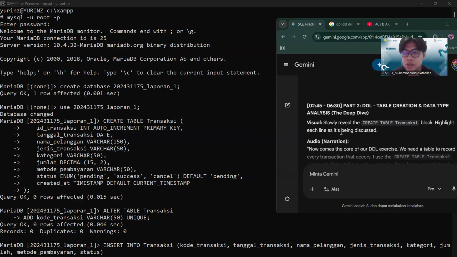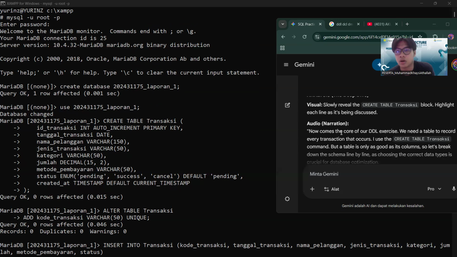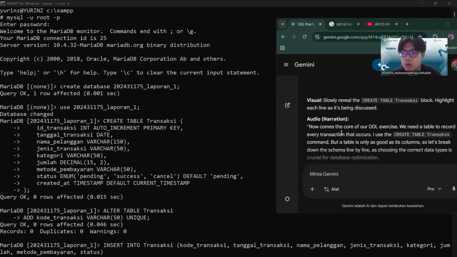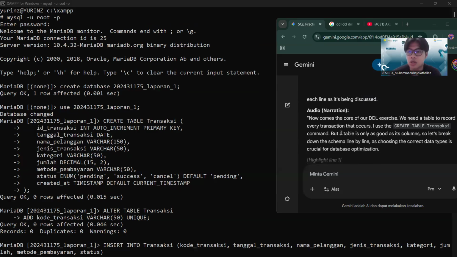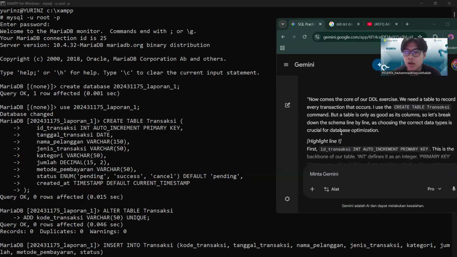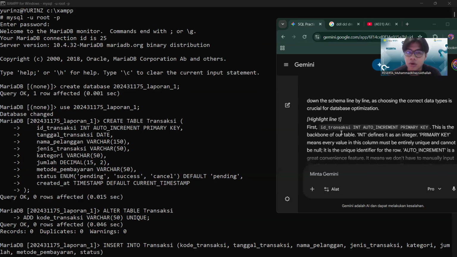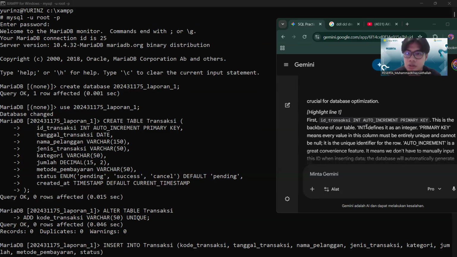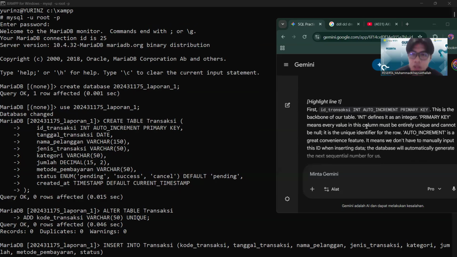As we can see here, this is the core of our DDL exercise. We need a table to record every transaction that occurs. The first one is ID transaction, auto increment, and primary key. This is the backbone of our table.